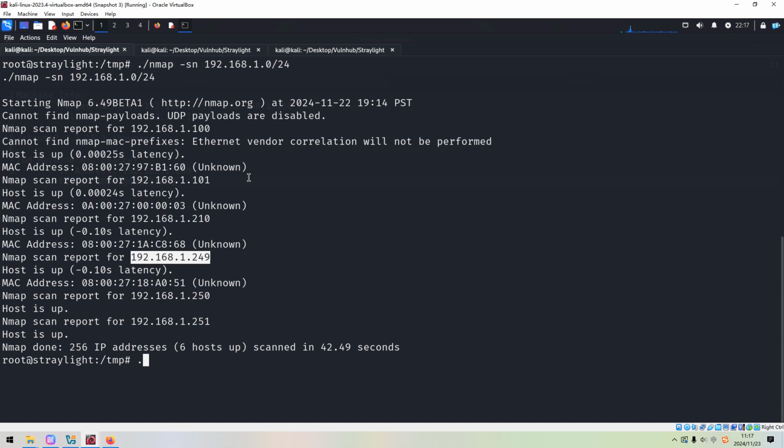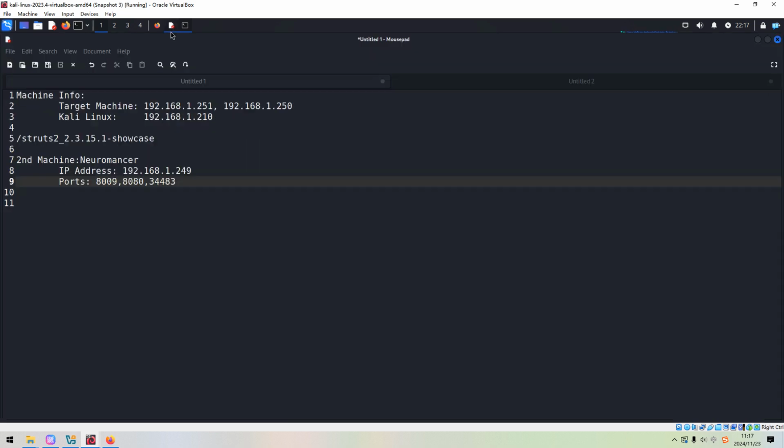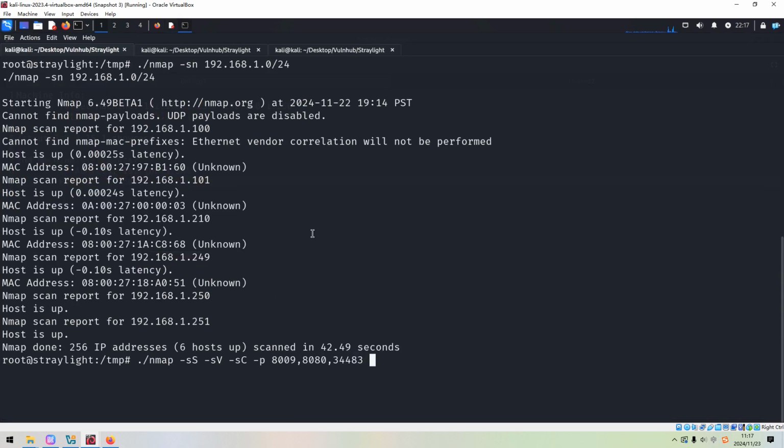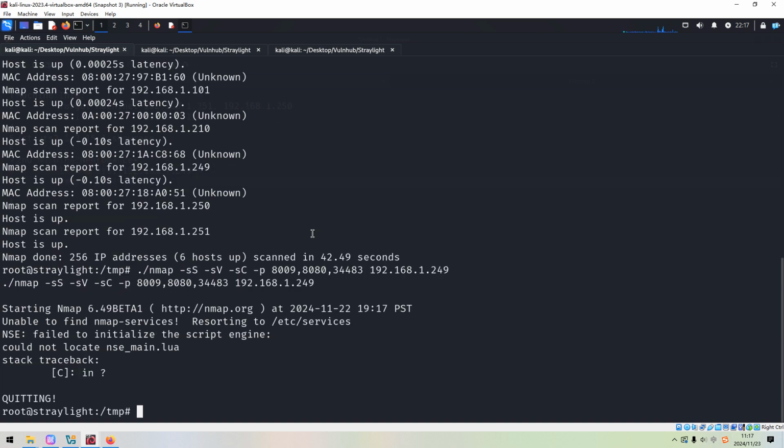If you run Nmap, I think you know what I mean. Normally we can use this option to identify the service. We can copy the port numbers and the IP address of the target. Press enter.